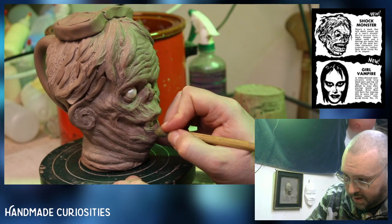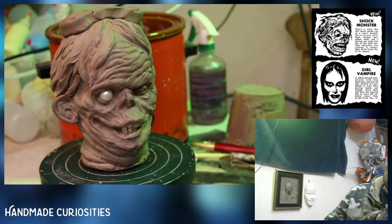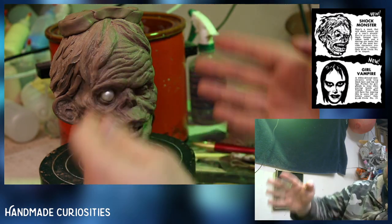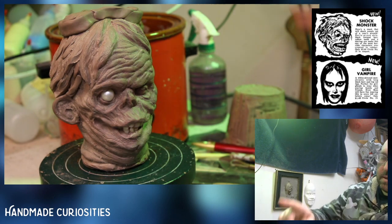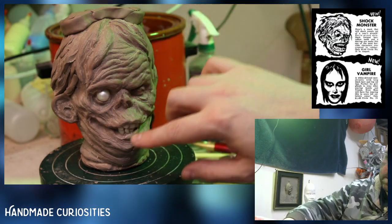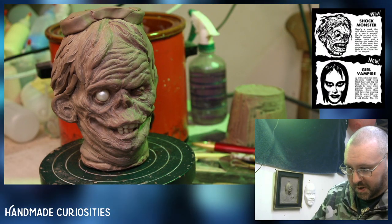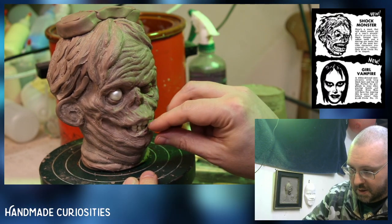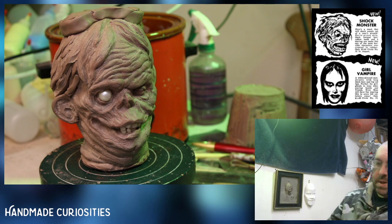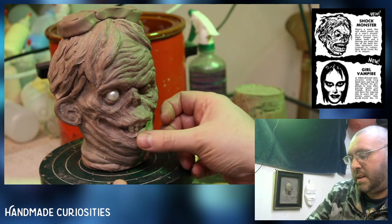So I'm going to try drooping this lip a bit more on this side. Give us a little bit more of a bit of a twist happening. So we have shapes that kind of mirror this eye and flow around here, but then I want to come back up and sort of indicate into this eyebrow shape. So I'm going to try messing with this symmetry a little. Give him a bit of a droopy lip on the one side. Kind of like the